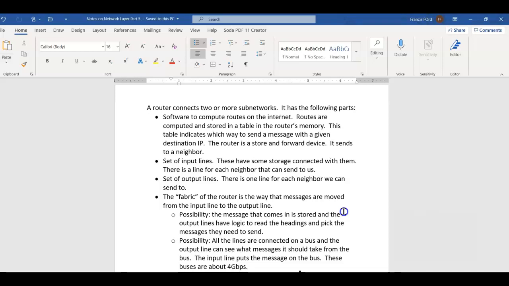Remember, a bus is just a communications device, a line between different devices. The output line can see what messages it should take from the bus. So the input line puts the message on the bus, and the header contains the information for what the next hop in the